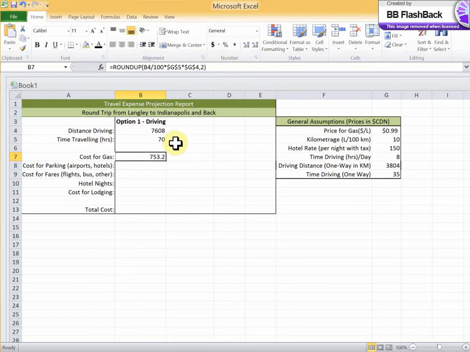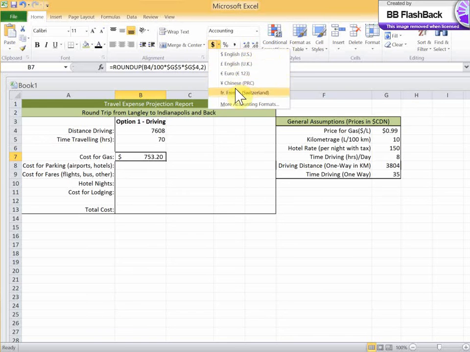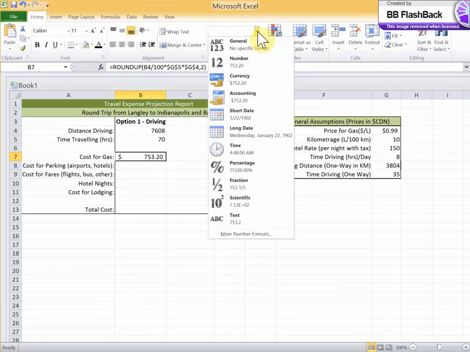So we want to change that into dollars so we know that that's dollars, not miles, kilometers, or a number of cookies you can eat before you explode. We're going to go up here, we select the cell, and go over here, and we're going to click this dollar sign. It will add a dollar sign here so that we know it's more like money. If we want to change how that looks, we can do a bunch of stuff. You can put it into Chinese yen if you're really crazy, or you can go